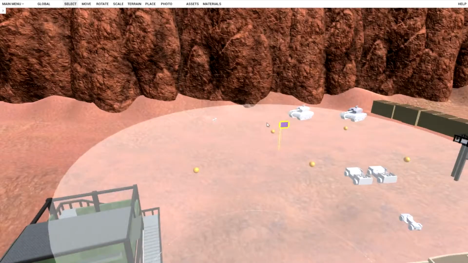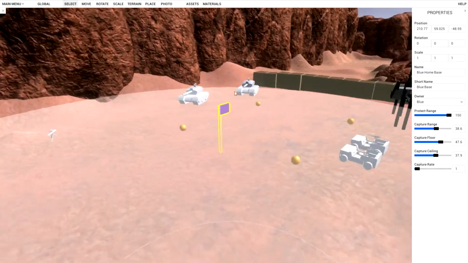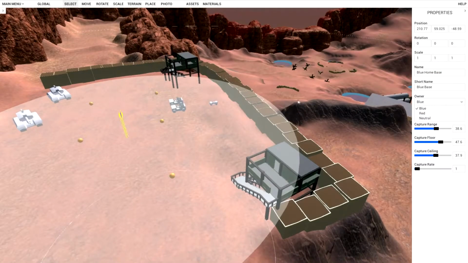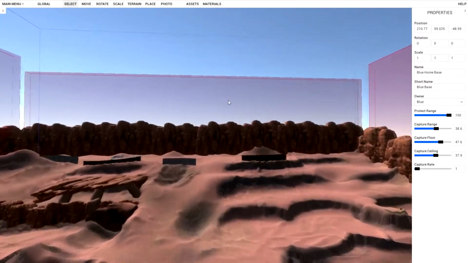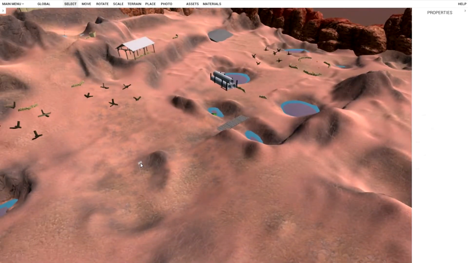For example, here's one here, and if the menu doesn't show up on the right, you can just click move and it'll pop up, which is a bit silly, and then select again. So we have different options here. You want to name them so that it shows up in the game, and then here we have the owner, which is who will own the flag at the start of the game. For example, this side's blue, this side's red, and in the middle we have neutral so that the two teams